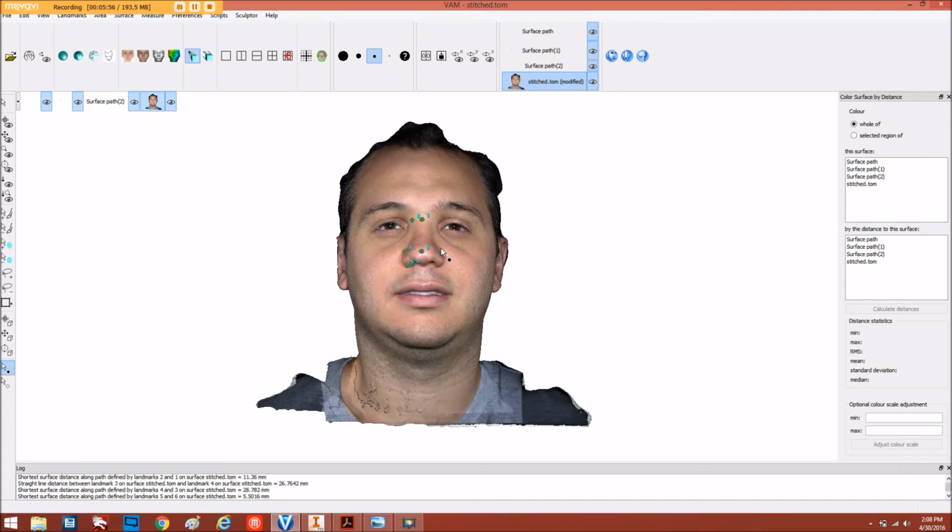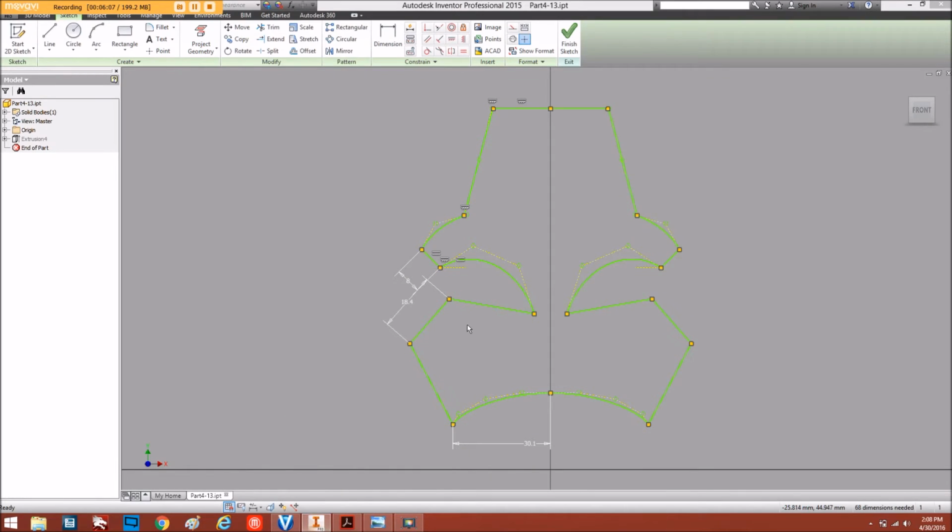And then when you get those measurements, or you can do it one at a time when we're doing the midline, or you can do the whole nose, you go to your piece of paper. So I'm going to go to Autodesk Inventor. This is already done because I already made it. But basically what you want to do is go on the midline and put your landmark. So you start,